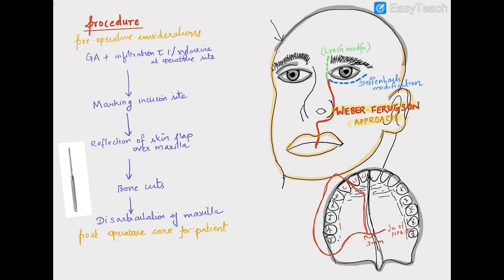In case you are going for a radical approach with the removal of the entire orbital contents or tumors in the orbit, you have to go for the Lynch modification. That means it is the Weber-Fergusson approach extended superiorly to involve the supraciliary region also, so it is called the Lynch modification. If you are going for a total maxillectomy, obviously you have to remove the maxilla, which forms the infraorbital rim also.